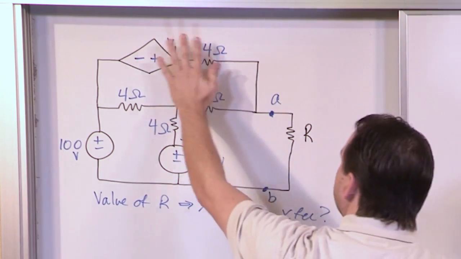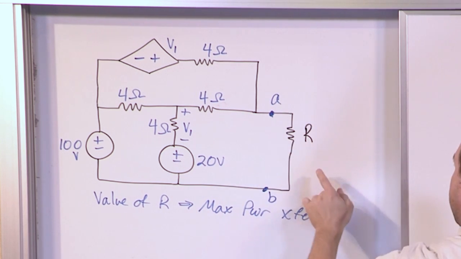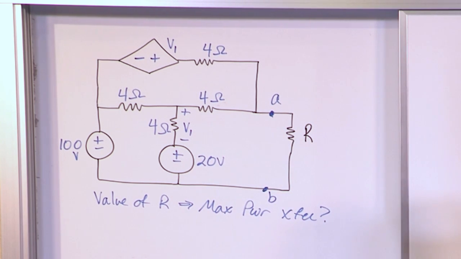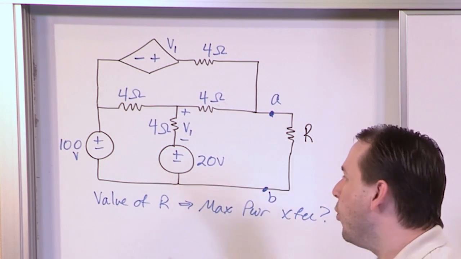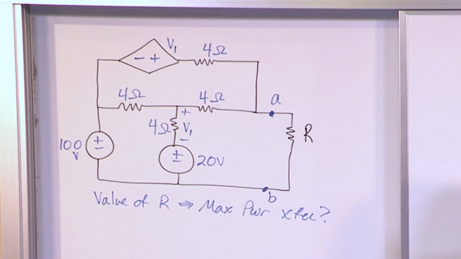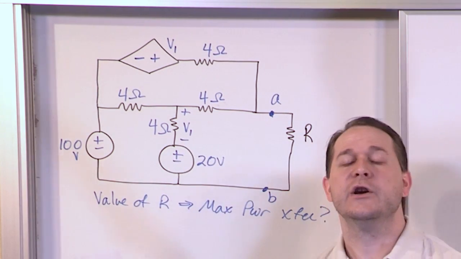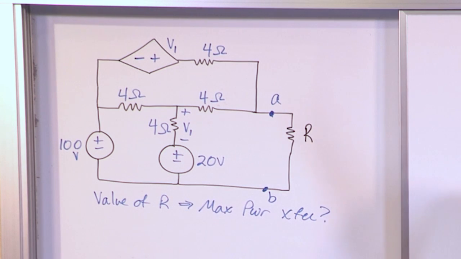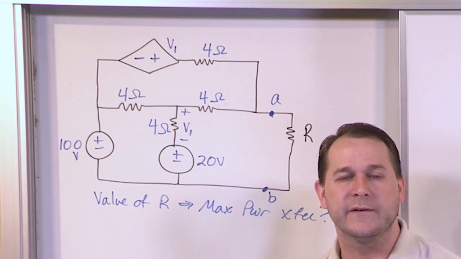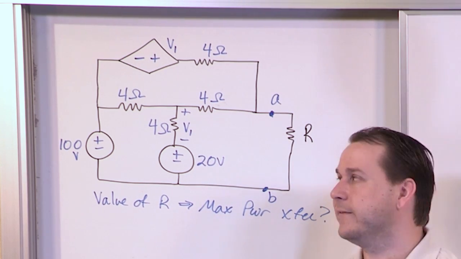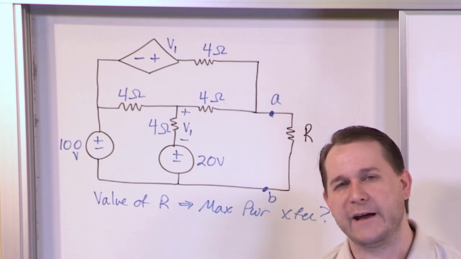And this entire circuit here, whatever it's doing, is driving this load. So across terminals A and B, it's driving a load resistance R. And the question you'd be asked on an exam or a quiz is, what value of this resistance do we need to choose to make sure that maximum power is being transferred from this circuit to this load resistance, right? Obviously we learned if we choose 0 ohms, if we choose infinity ohms, we're going to get no power transferred in either case. So somewhere in the middle lies a perfect value,